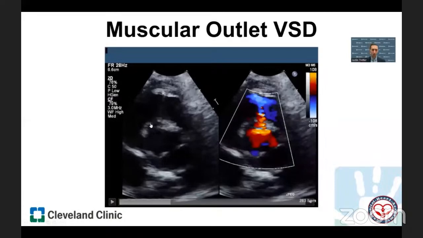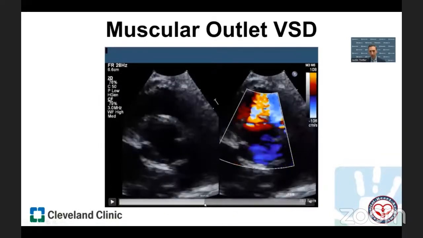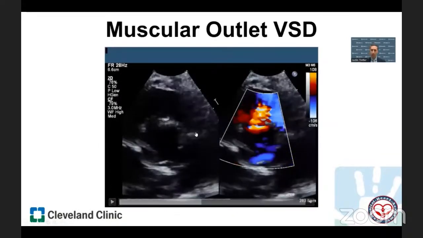And if I slow it down, we see this muscle right there, and that represents the posterior caudal limb of the septal marginal trabeculation coming right up at us. So that is intact. That forms the posterior margin of the defect. And there's some lung artifact in the right ventricular outflow tract, but we can see right there the pulmonary valve.